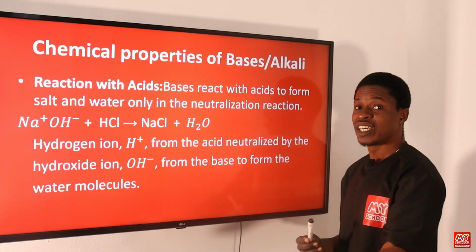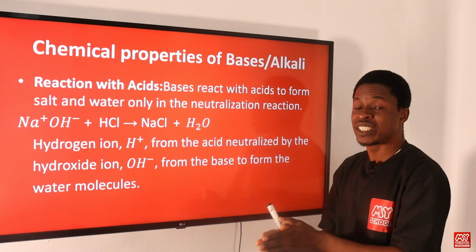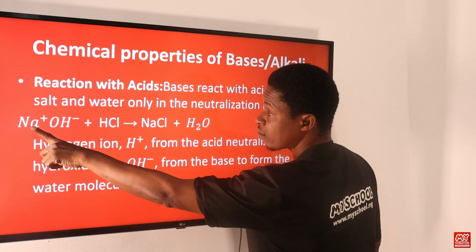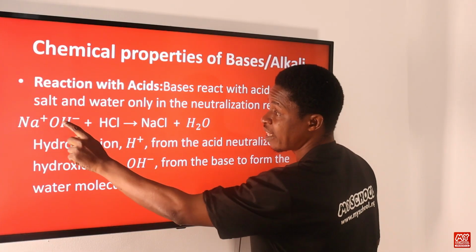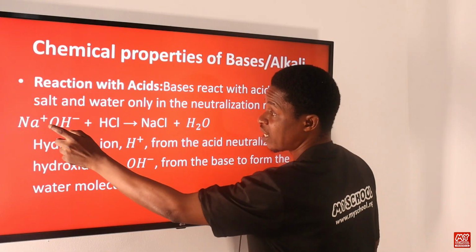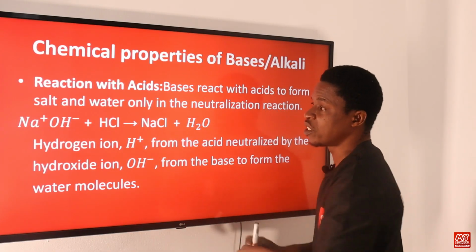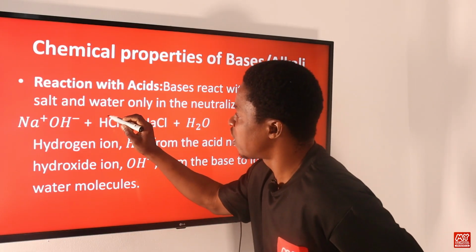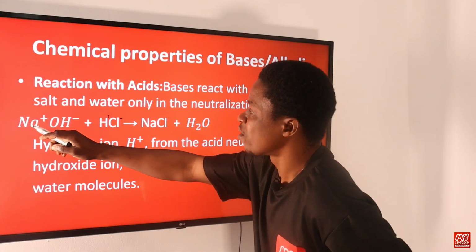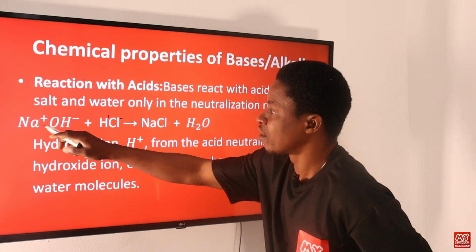So when salt and water are formed from the reaction between acid and base, we say we have a neutralization reaction. You see sodium, the ionic form of sodium, and the ionic form of hydroxide, positive and negative. This is the cation. We have the radical here, OH minus, reacting with HCl. If you dissociate, this will also be H plus, and this is Cl minus, okay? So definitely this sodium is stronger than this, okay? So sodium can come in and